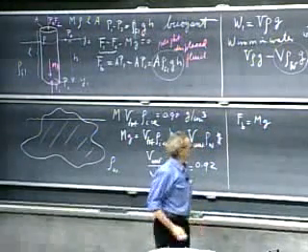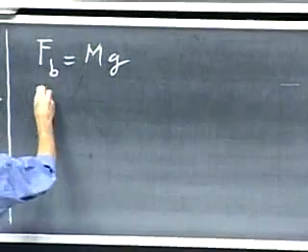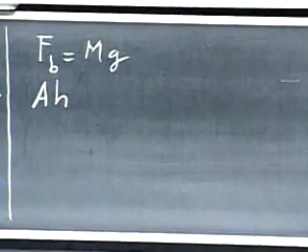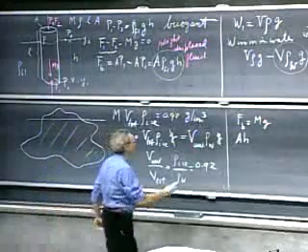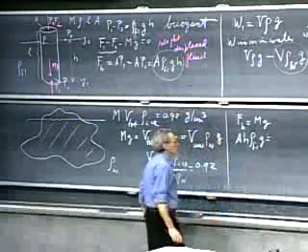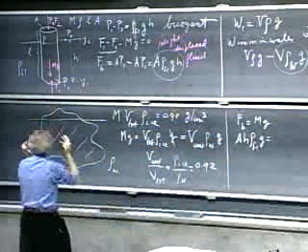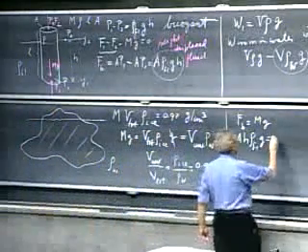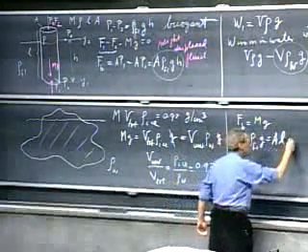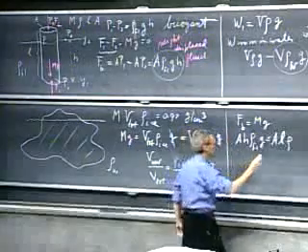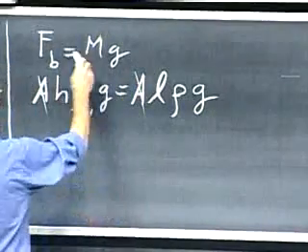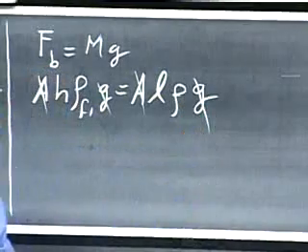And the buoyant force is the area times h, that's the volume underwater, multiplied by the density of the fluid, times g, must be the total volume of the cylinder, which is the area times L, because that was the length of the cylinder, times the density of the object itself, times g. I lose my A, I lose my g, but I know that